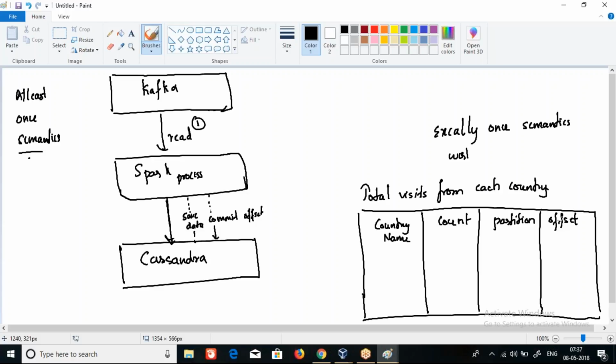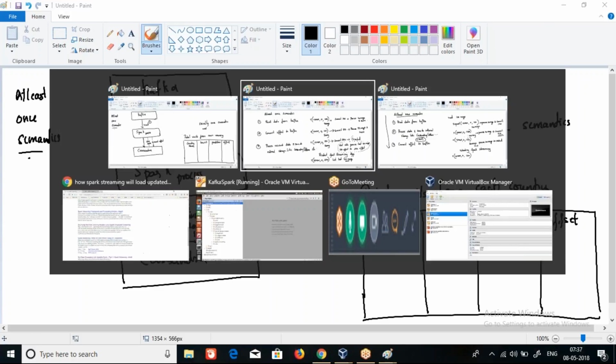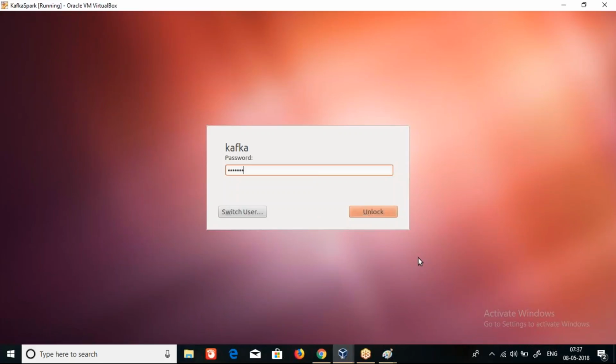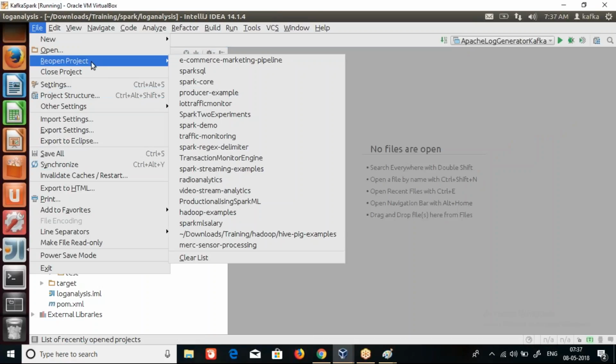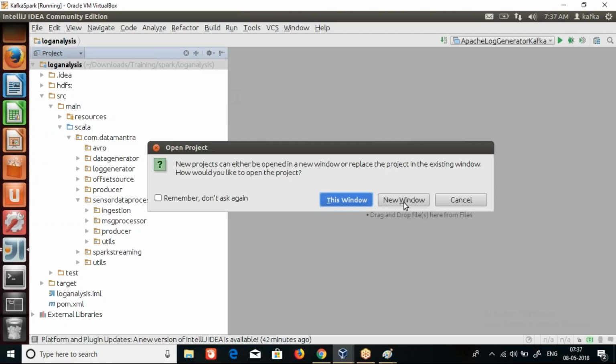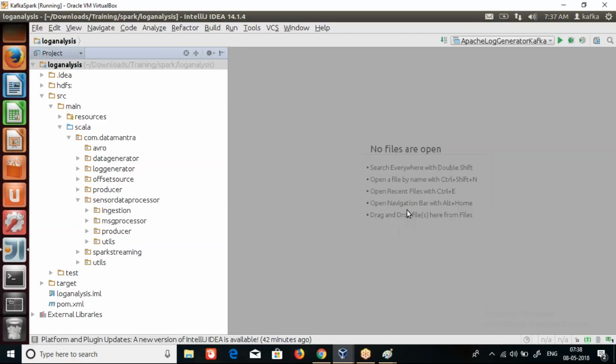But such kind of transaction is not available for Cassandra. So let me showcase what I'm trying to say here. That's why it's not so easy to get exactly once semantics. So if you open the producer example,